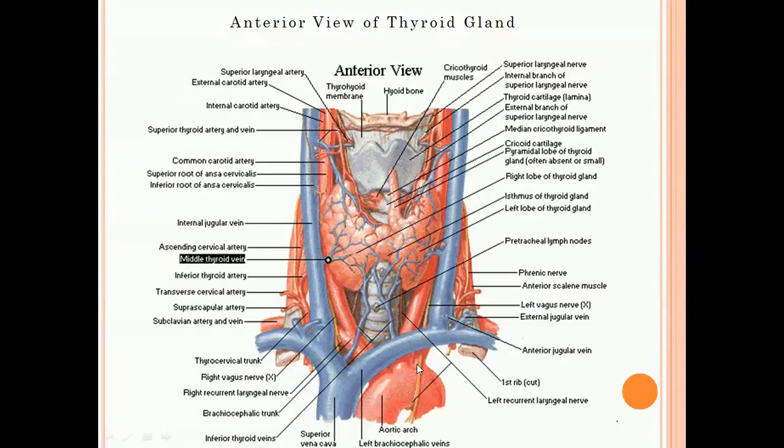Okay, so you can also find the important vessels like the superior thyroid artery, which is a branch from the external carotid artery directly, and the inferior thyroid artery, which is a direct branch from the thyrocervical trunk, which in turn is a branch of the subclavian vessels. And you do find the presence of the middle thyroid vein, superior thyroid vein, and inferior thyroid vein, which drain into the internal jugular vein, and venous blood is thereby taken to the SVC for purification.